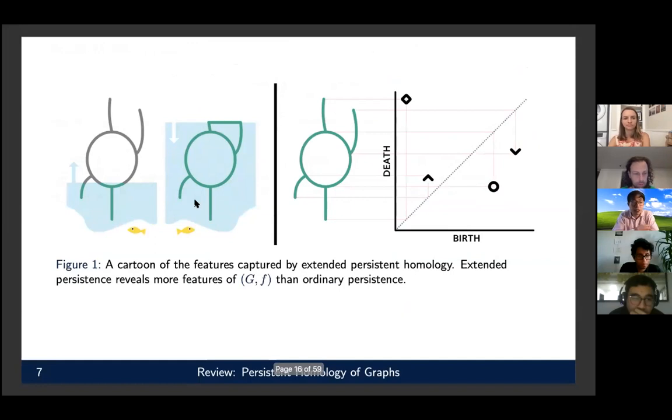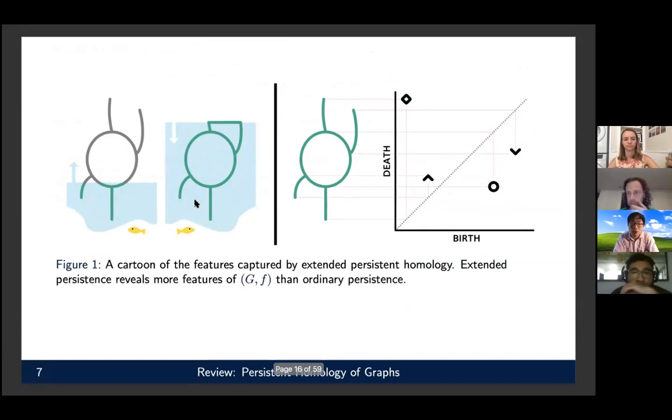So if you've never seen extended persistence or even persistence before, here is a cartoon, basically. On the left-hand side, we get this cartoon of a graph, and you imagine yourself here as a fish, and you're seeing things under the water level. In the left-hand side picture, you see the water level slowly rising, and that's the ordinary persistence. But in extended persistence, the water level then comes down, and you could imagine stuff above the water level